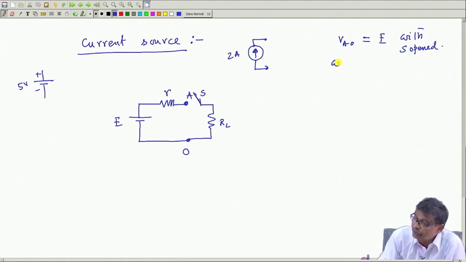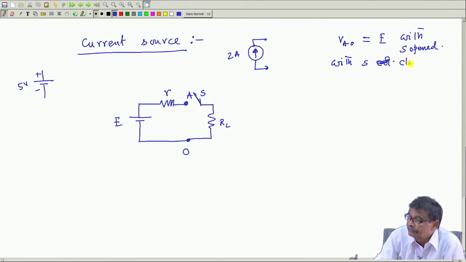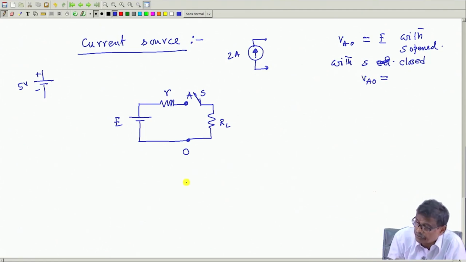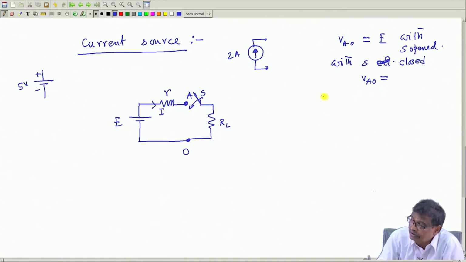But with S closed, this is what I discussed just some time before. VAO will be, with this switch closed, there will be some current now, I. The value of the current can be easily calculated if you know small r and RL, which is equal to E by r plus RL,